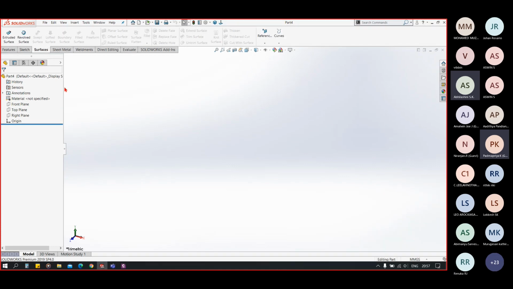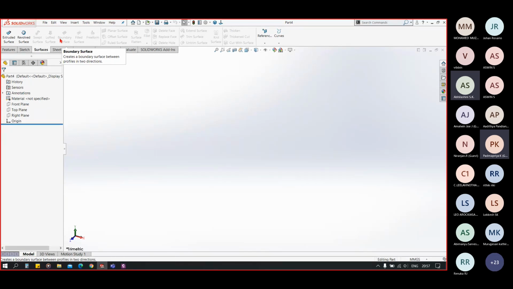Now let's go to the surface. Similarly to our 3D tab, we have extruded surface, revolved surface, swept feature, lofted feature, boundary.